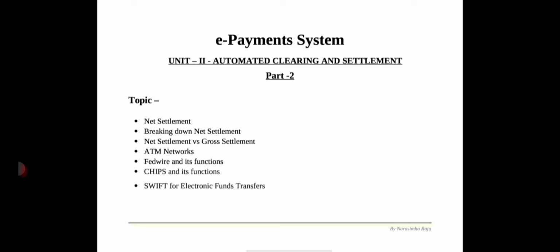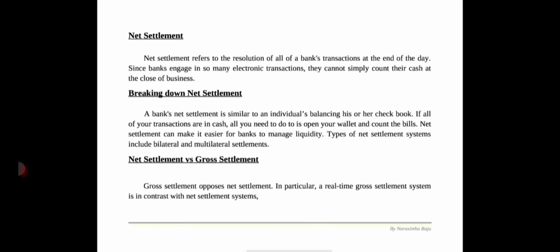breaking down net settlement versus gross settlement, various ATM networks, Fedwire and its functions, CHIPS and its function, SWIFT for electronic fund transfers. Coming to the net settlement